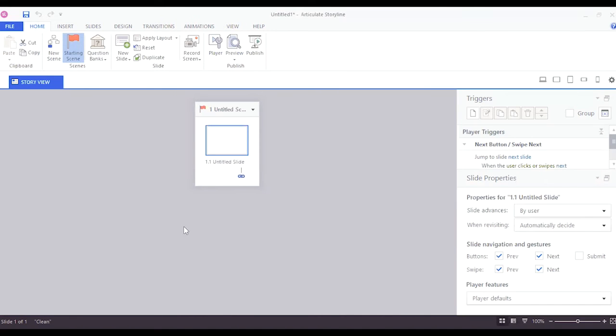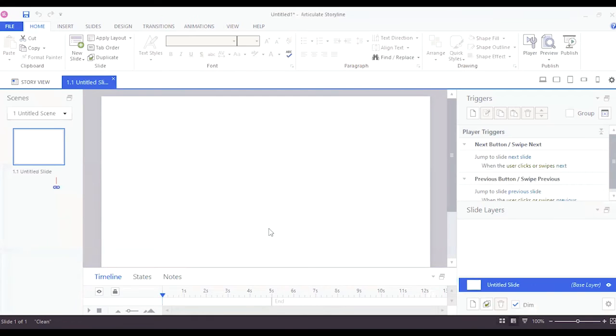In the home option, we have a slide that is untitled for now. So let's double click on it. And now, as you can see, we have a slide that appears to be similar to PowerPoint when you open the PowerPoint file for the first time. The elements that appear on the ribbon are also similar to the ribbons in PowerPoint. But definitely, Storyline has so much potential when it comes to creativity, when it comes to having player options, that we will talk about in our future lessons.